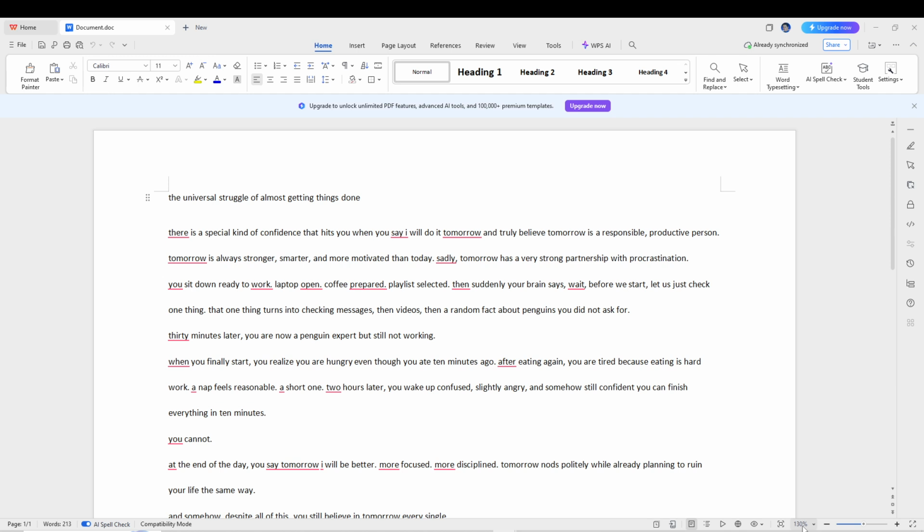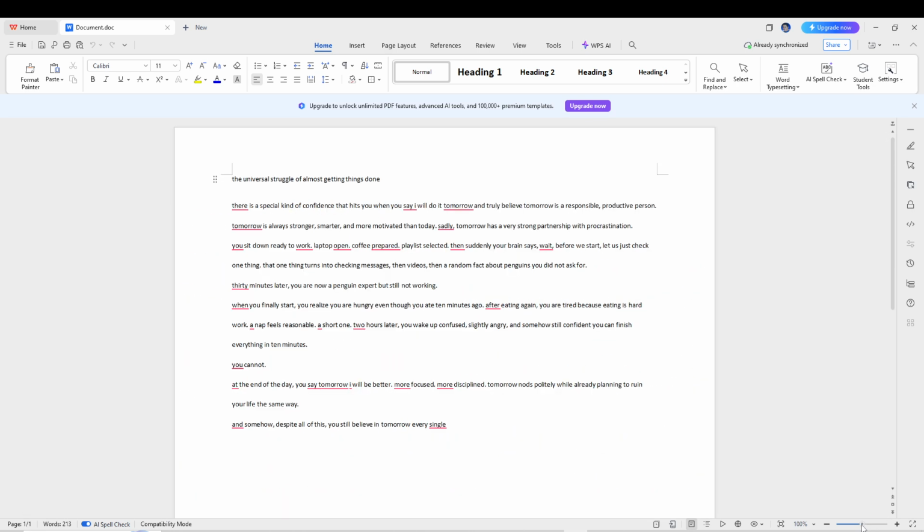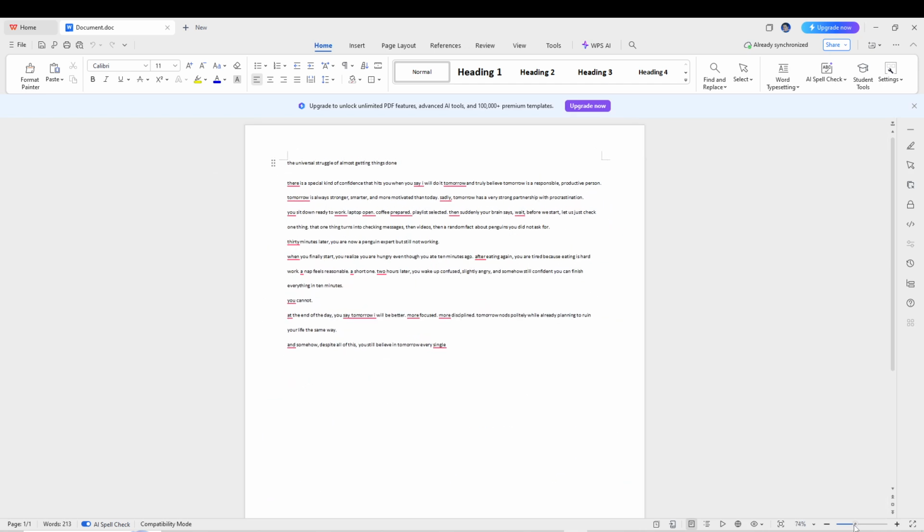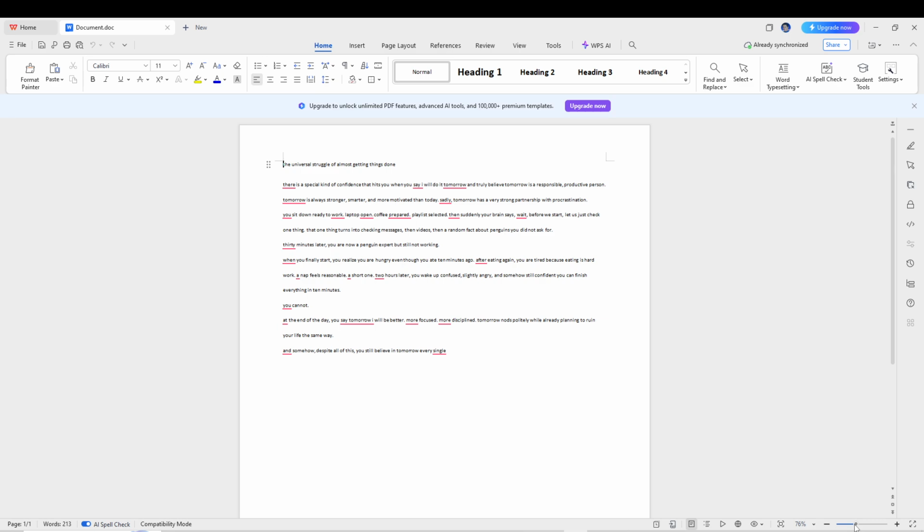Right next to the zoom percentage, you will notice a slider. This slider allows you to quickly zoom in or zoom out. Click and hold the small dot on the slider, then drag it to the right to zoom in or to the left to zoom out. As you move the slider, you will see the document resize in real time, letting you adjust the view based